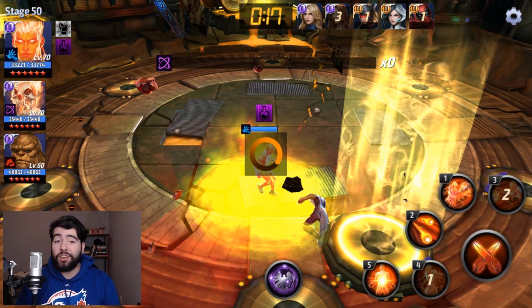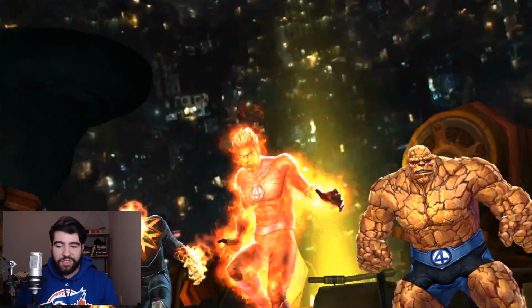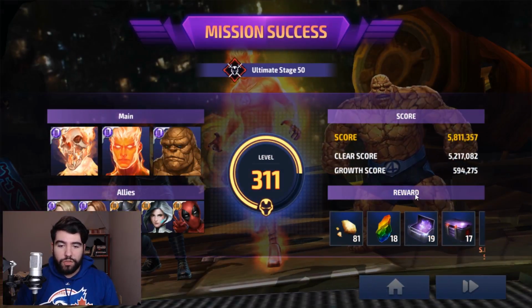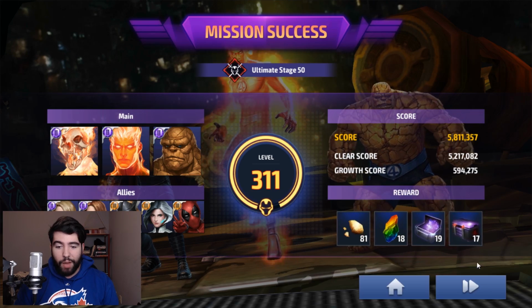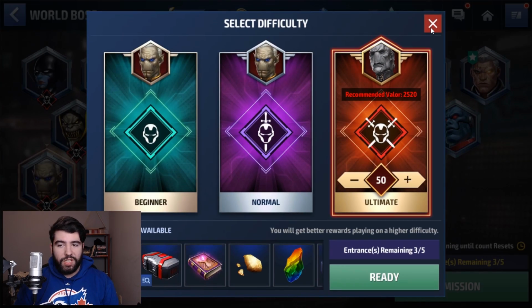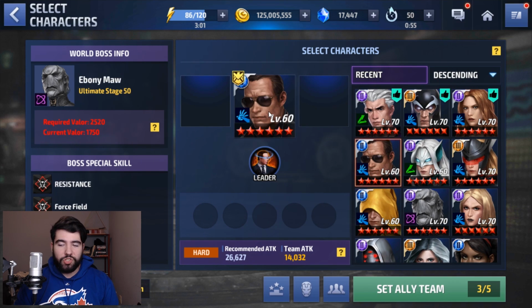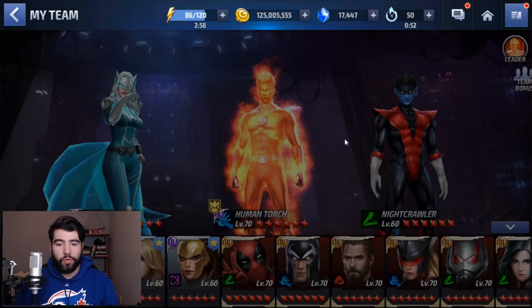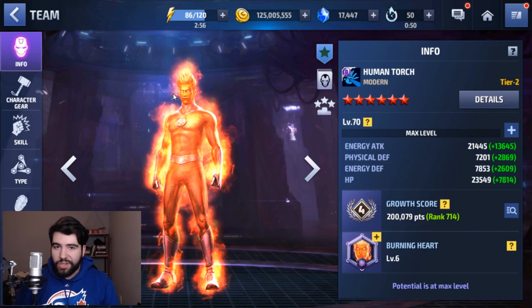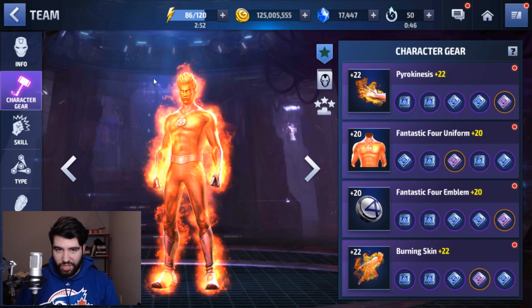Now I do have good news and bad news about Human Torch. So I just finished that with about 17 seconds left. For those of you that were on the live streams recently, I was practicing with Human Torch at level 60 with a very similar team. Instead of using the Thing, I was using Coulson as my other team up, which is technically a more powerful team overall. But I was able to clear stage 50, so the exact same stage, with a level 60